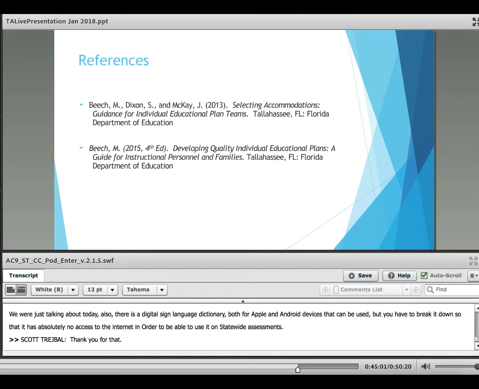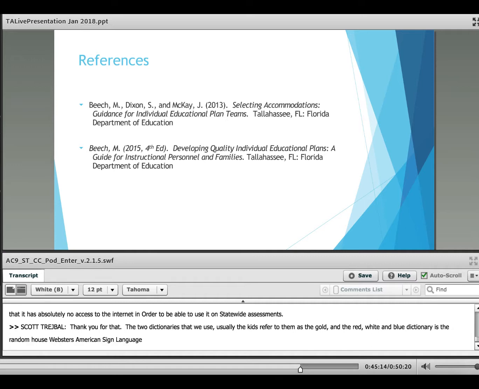The two dictionaries that we use, usually the kids refer to them as the gold and the red, white, and blue dictionary, is the Random House Webster's American Sign Language Dictionary. It's by Elaine Costello. And it just has,